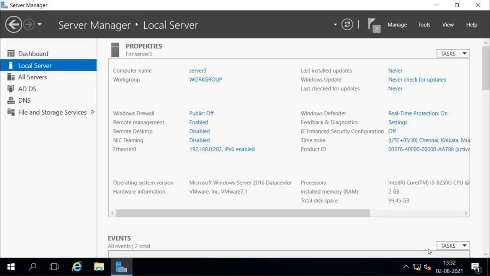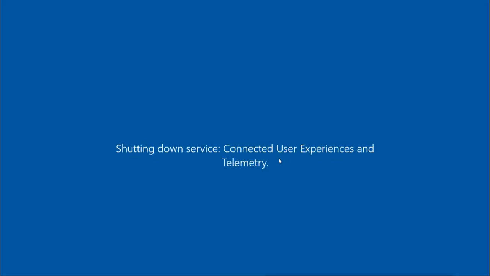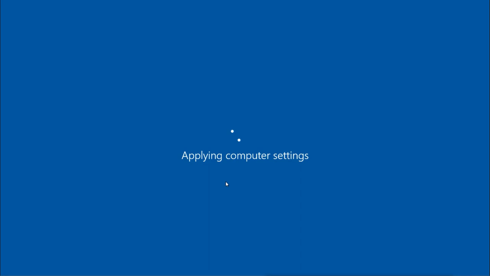And it is rebooted now. So this is the first way to create the Active Directory integrated zone, by just promoting the server to be a domain controller. When it is a domain controller with Active Directory services, then it will install the DNS services, and also it will create the zone which is integrated to Active Directory. Now it is ready, vivo.com.